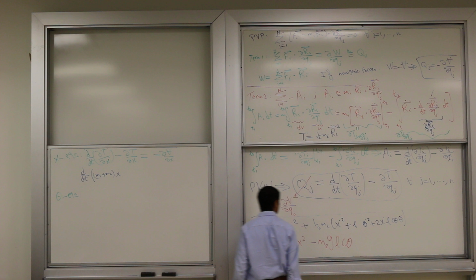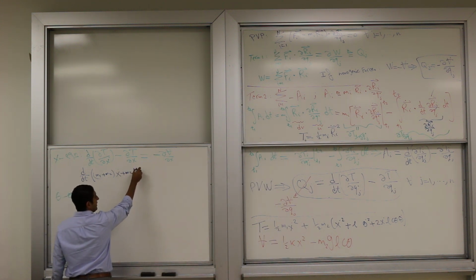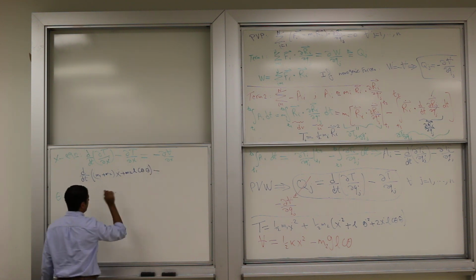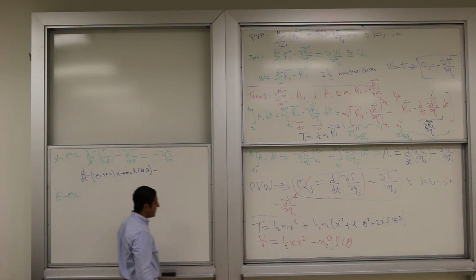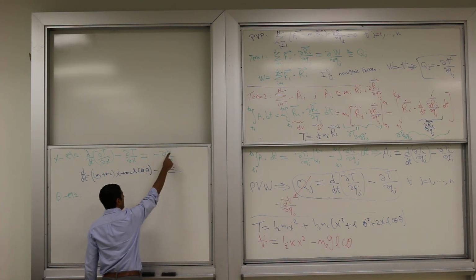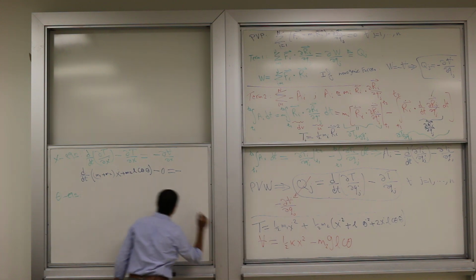Differentiate with respect to x dot, it goes away. And you have m2 L cosine theta theta dot. Minus, please bear with me for a minute, partial T, partial x. There is no x in the T expression, so this is 0. Equals negative partial V, partial x. Here is V. I have x here, just differentiate it to get